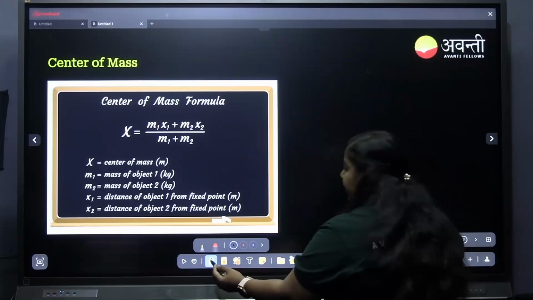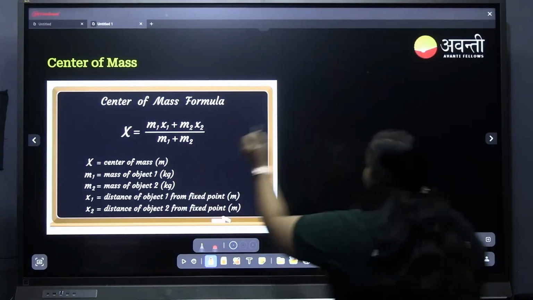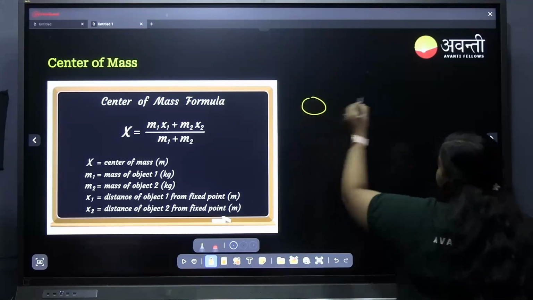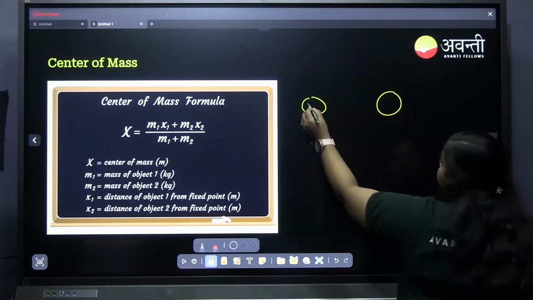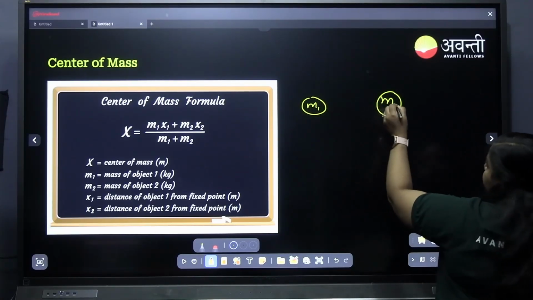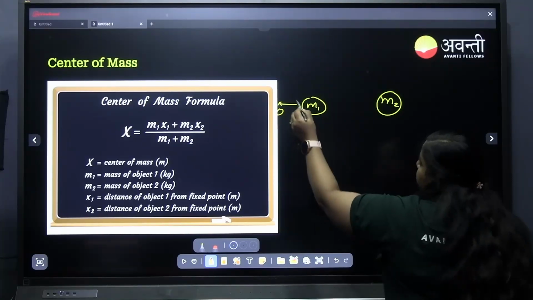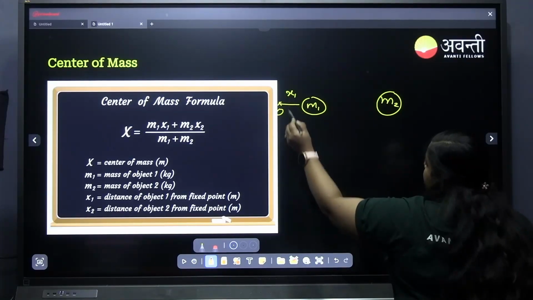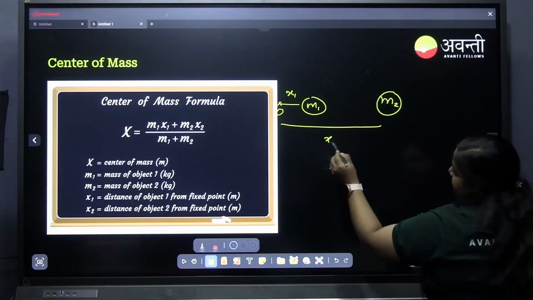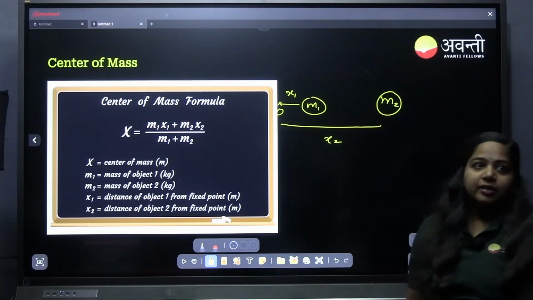So if you are taking 2 point objects, okay, so M1, M2, and this is the origin. Okay, so from origin this is at x1 distance, and from origin this is at x2 distance. Then